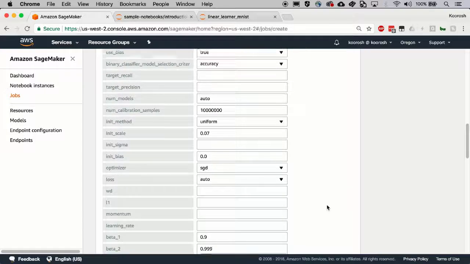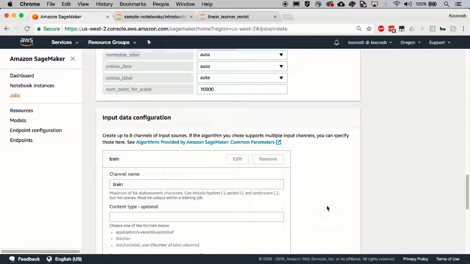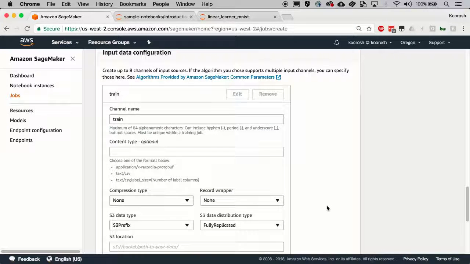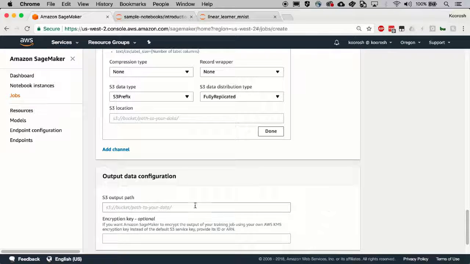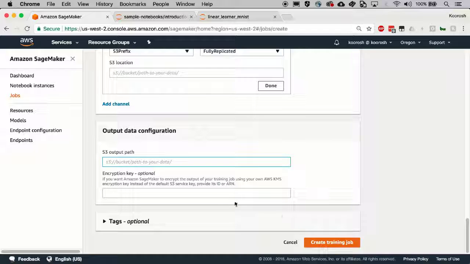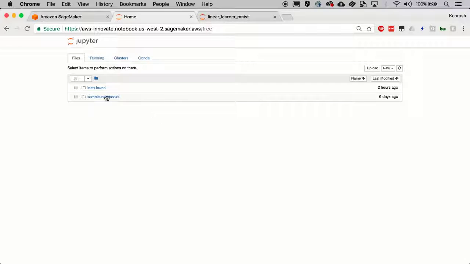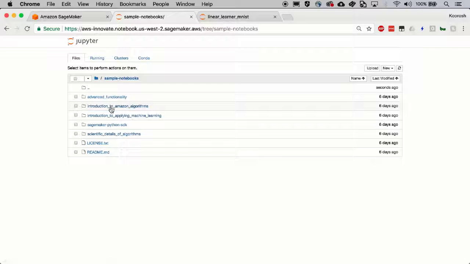And when you're done with your hyperparameters, you define your input data configuration as in training, validation, and test datasets, the location of where you want your models to be saved, encrypting the models with a KMS key, and then creating a training job. Let me show you a SageMaker notebook instance. It comes with a great number of sample notebooks